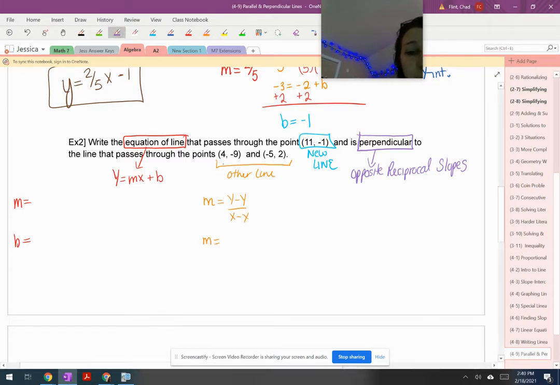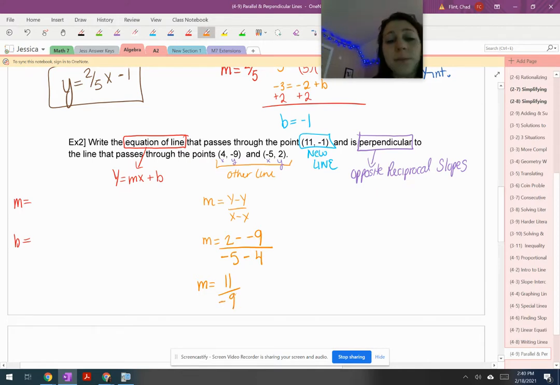I always do this because it's just way too easy to mess up those x's and y's. So let's go 2 minus the negative 9 over negative 5 minus 4,